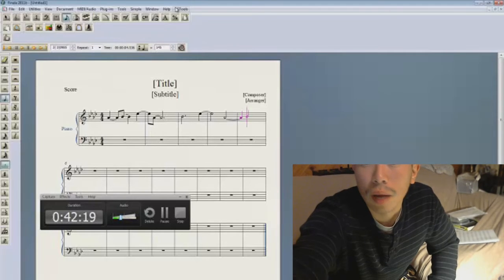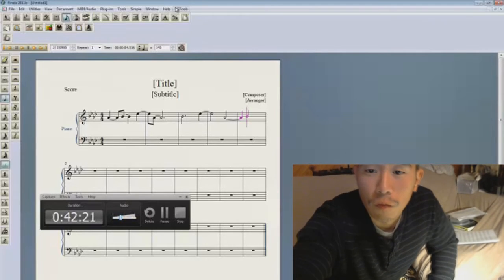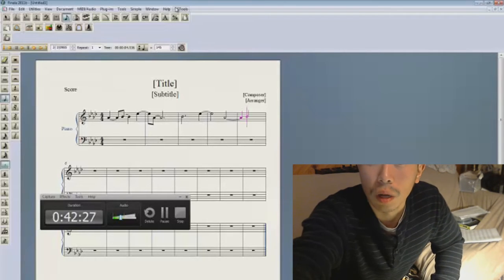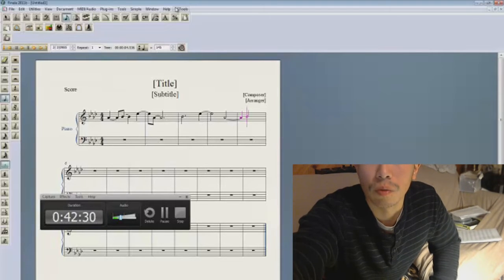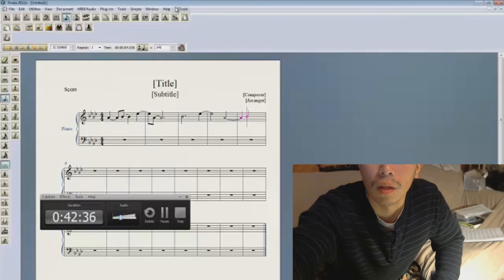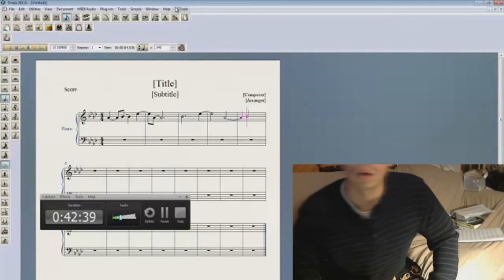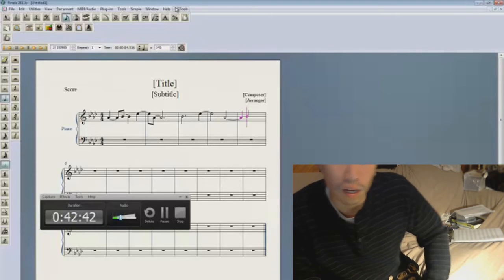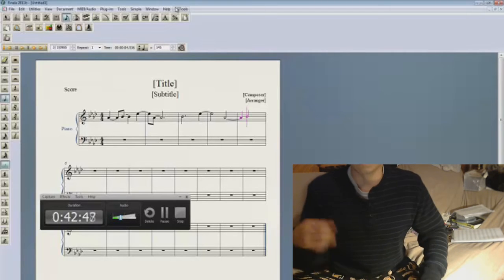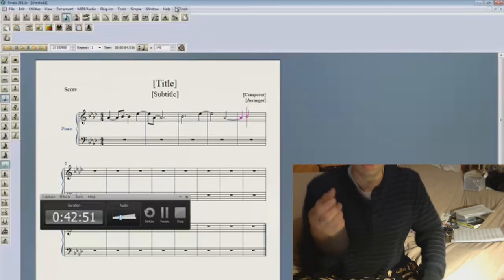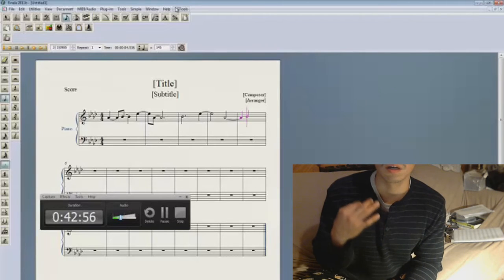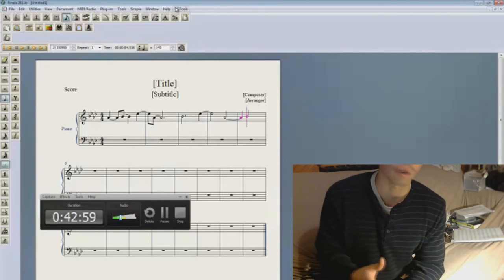So 1, 2, and 3, 4. Sorry, I gotta go down an octave because I can't sing that high. So 1, 2, and 3, and 4. 1, and 1, 2, and 3, 4. 1, and. So I always incorporate the basic bass, the 1, 2, 3, 4 count, always in there, because it can actually help you build a better sense of how the syncopation works